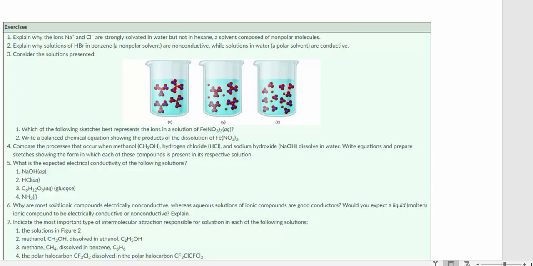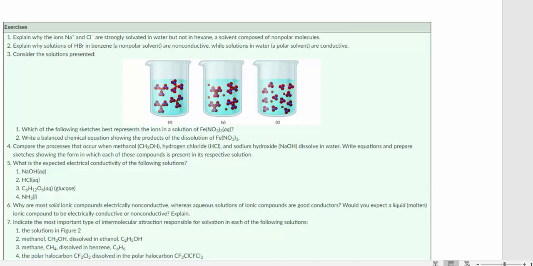Number 1, explain why the ions of sodium and chloride are strongly solvated in water but not in hexane. Now, hexane is a solvent composed of nonpolar molecules. The water molecules can disrupt the ionic bond, so it can pull apart the sodium and the chloride ions. The nonpolar hexane molecules are only held together with dispersion forces rather than water's hydrogen bonding. So because hexane is a nonpolar molecule held together with dispersion forces, they aren't strong enough to overcome the ionic bond